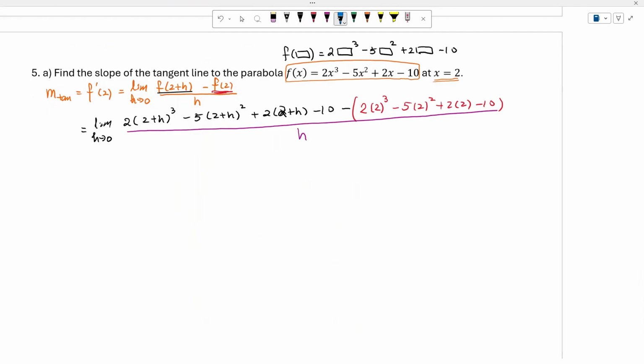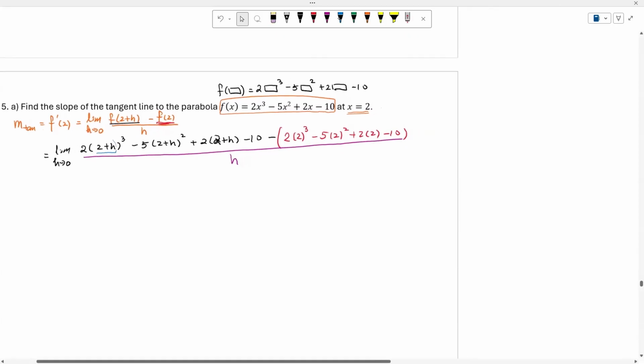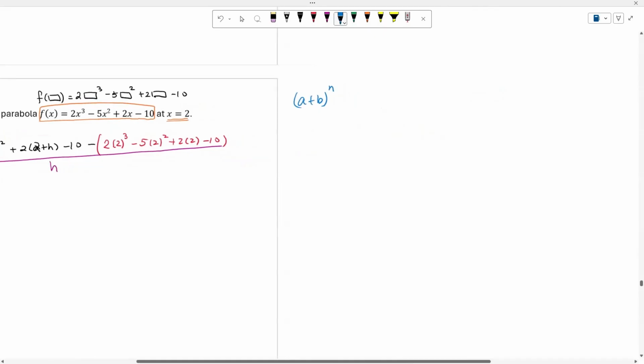Now, one thing about this is, later on, you may see a lot of things related to a binomial to some power. So maybe let us talk a little bit about how we expand it out. One way to work with the binomial, if I want to work with a plus b to any power n, is that we could use the Pascal triangle to help us work out this problem. So what is this about? I don't know if you have seen this type of triangle before.